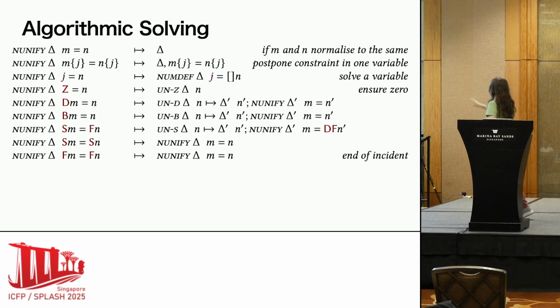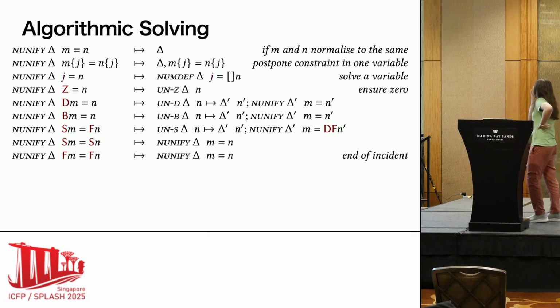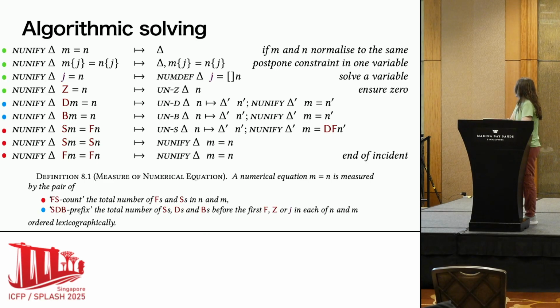This is a quick outline of how we implement this in a unification algorithm. We just call out to the unz, und, unb things that we had before. There's a couple of extra things here like numdef, which is just defining numbers in the environment. And we're spitting out delta, which is a refined context. And we have a proof for this, we have this implemented in Rocq. And we made the termination checker happy with this measure of progress, which isn't the nicest thing, but it works. So things are always getting smaller, but not always in the same way.